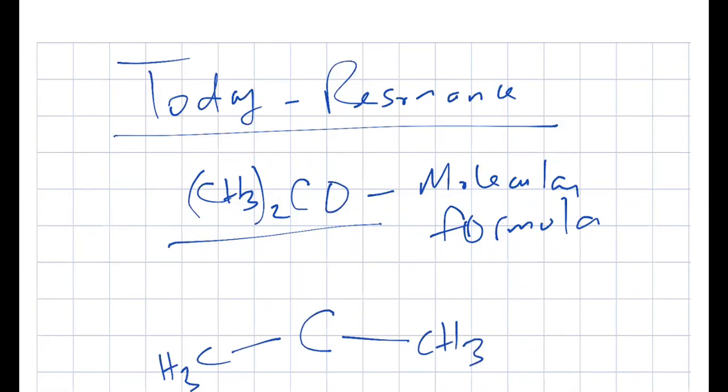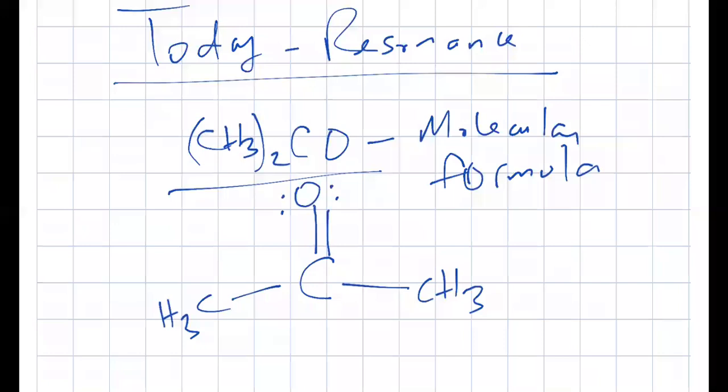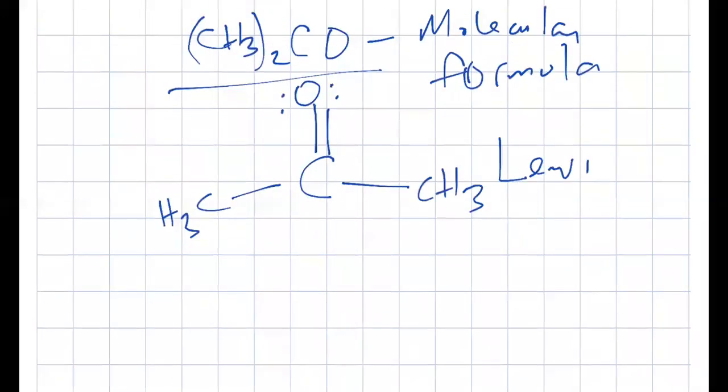I got a double bond to oxygen. So I'm going to put a double bond here and put the lone pairs in here. Is that right? So this is my Lewis form. Is that right? Yep. What if I ask you to draw that